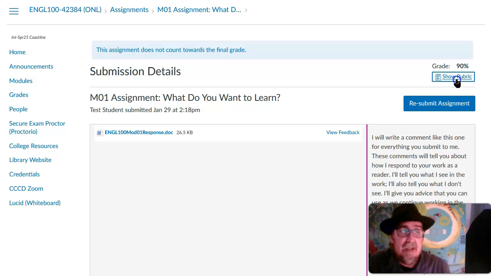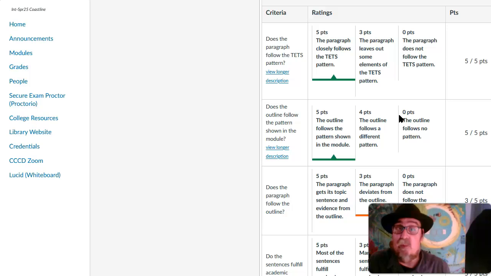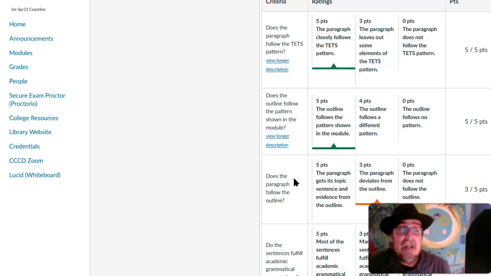Now, a rubric is a chart of criteria, things that a work should have, and point values associated with how well your work met those criteria. So this particular work followed the TETS pattern. You'll learn more about that soon. It followed the outline pattern closely, but it didn't quite make itself follow its own outline.